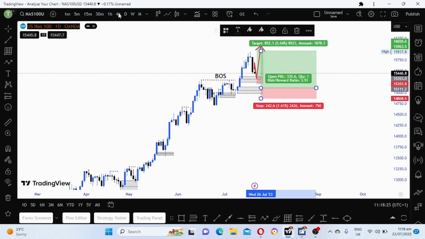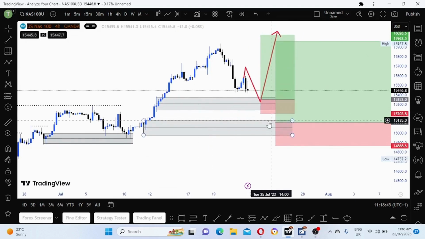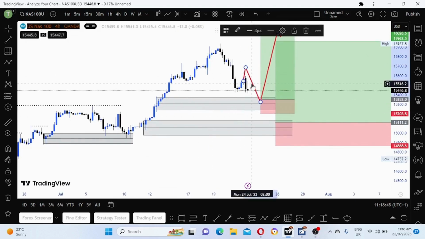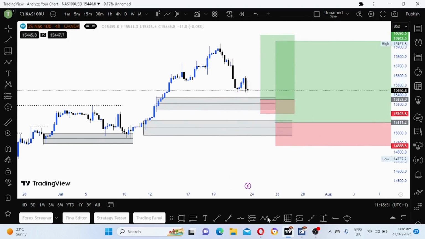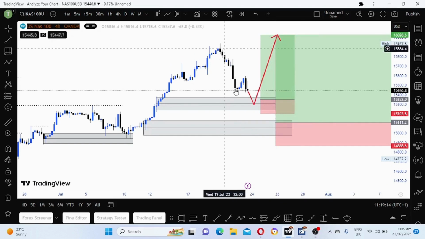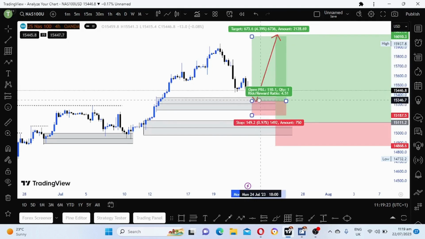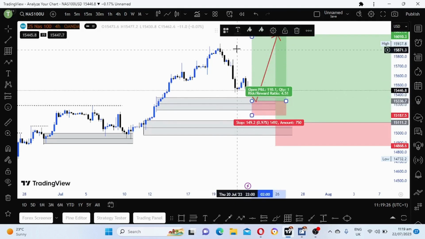So let's go on H4 to check what is happening there. So guys, as I said, we are in a pullback now. So I'm just waiting now for Nasdaq to come here and then we buy. That's where I'm planning to enter a buy, targeting this high. If price reverses this supply zone, and then we enter a buy here, targeting this high.